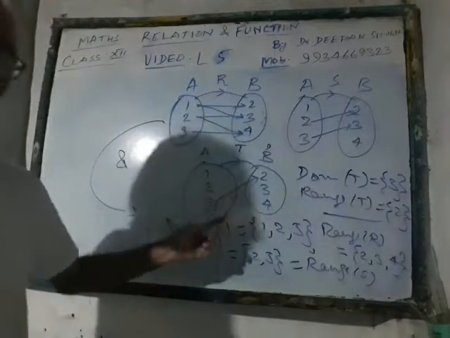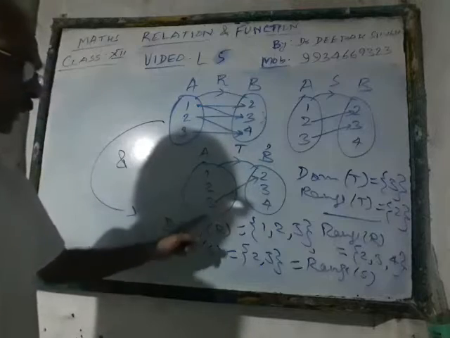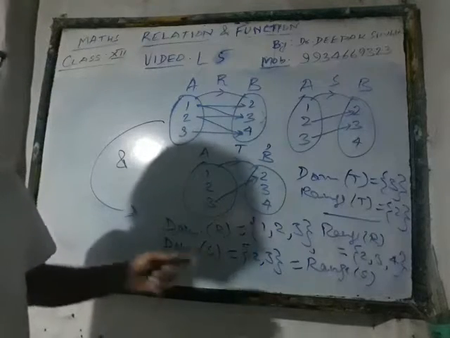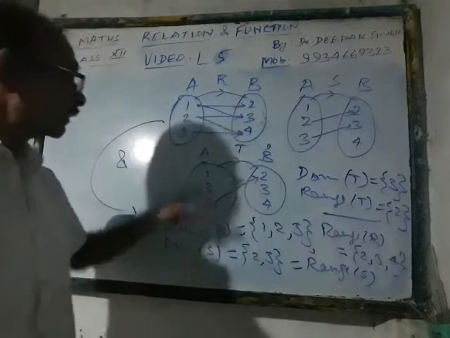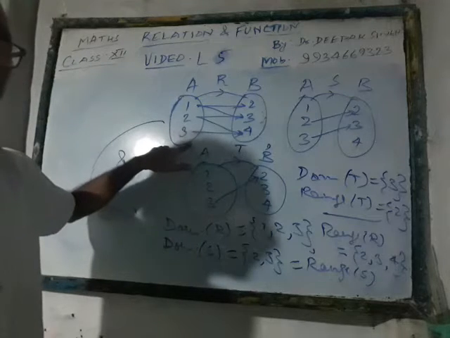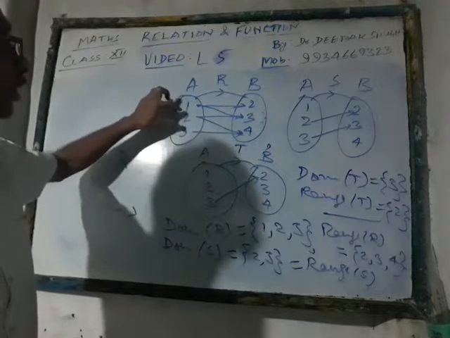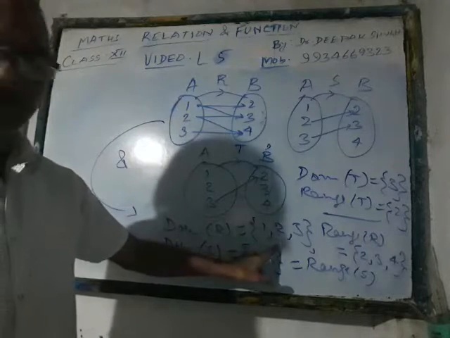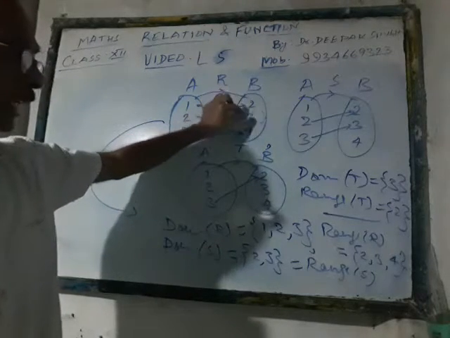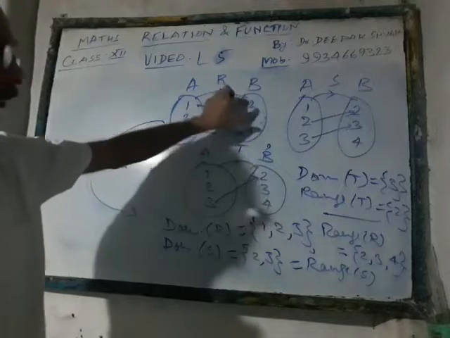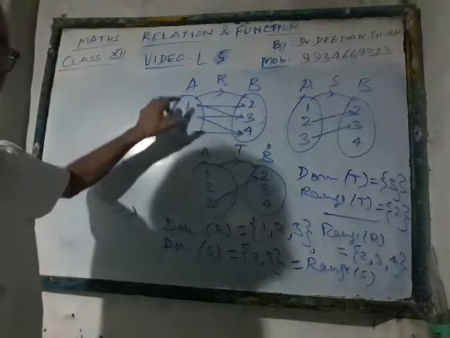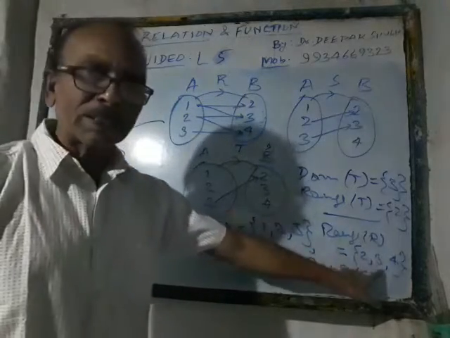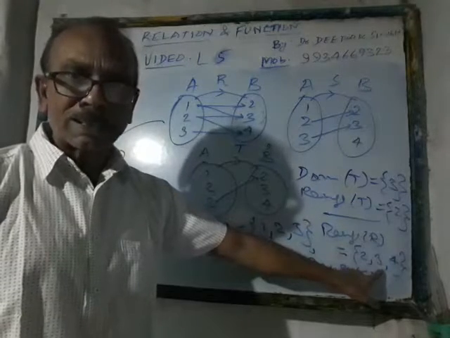So that's all I was talking about domain, codomain and range of the relation. I repeat once again, just go on watching R. The domain is what? Since all 3 elements have been associated, that's why all 3 elements have been taken for domain, and all 3 elements of B have been taken into consideration. That means which are associated to some elements of A, they have been taken as an element of the range